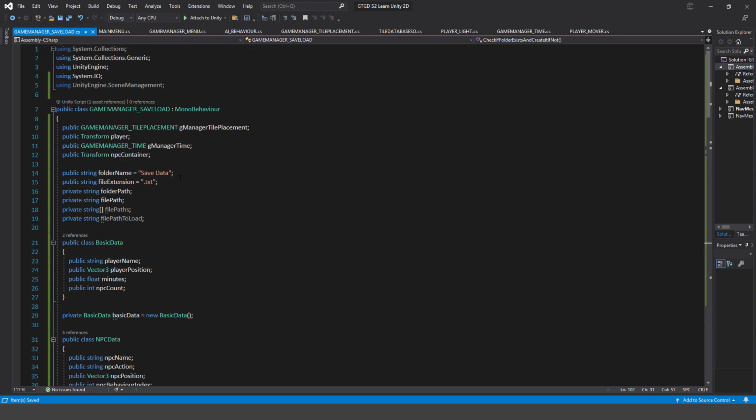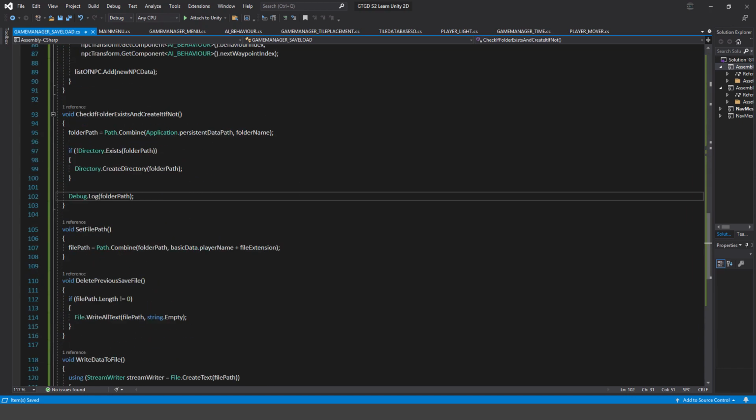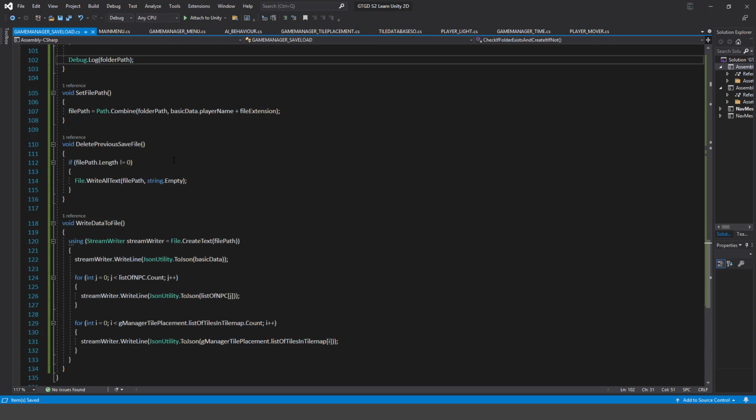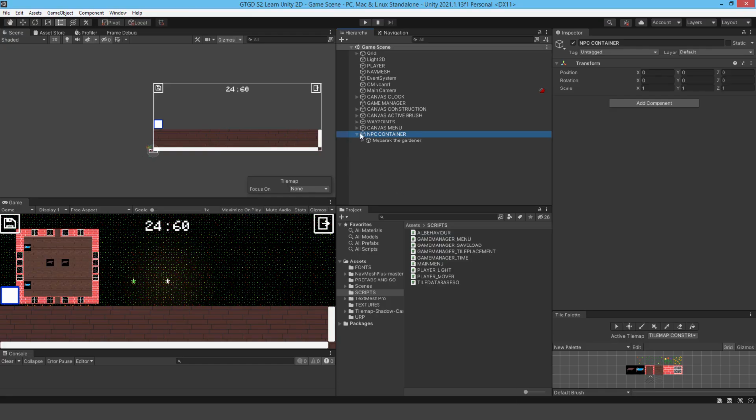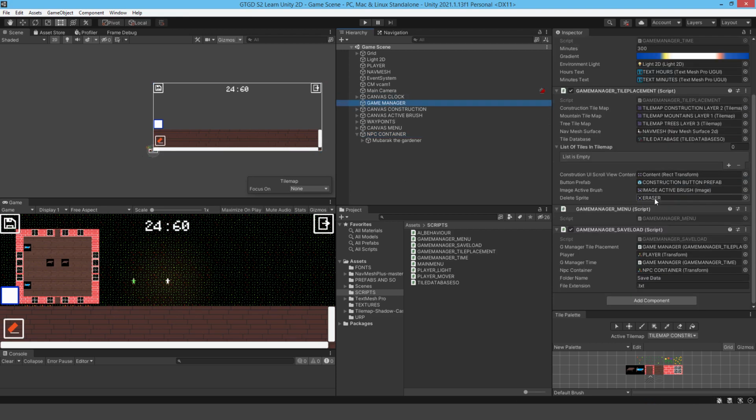That's our script written for saving. Very, very good. Totally awesome, I think. And let's go ahead and just see if it actually works. You never know. So let's jump into here. Let's have a look at our save load. Everything is